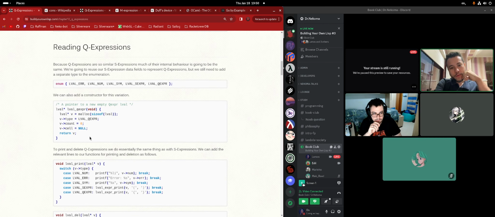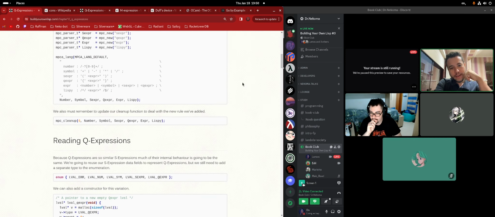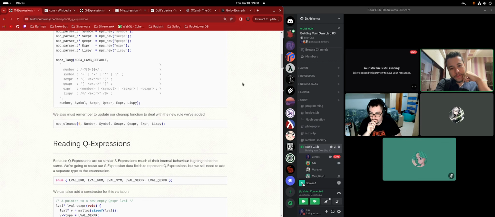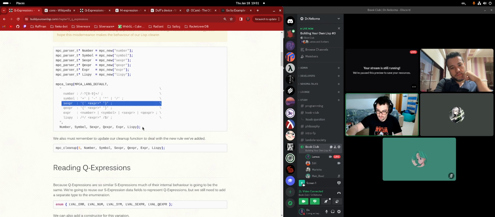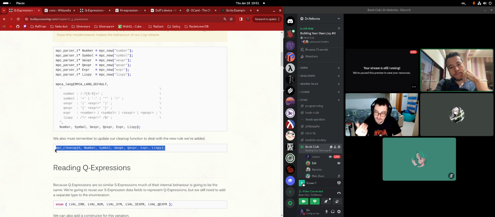Actually, just go up a little bit, because it's not only adding something to this string. You have to do some cleanup here. You have to create something up there. As you mean, transforming the string to the parser? Yeah. But these are implementation details. What really matters is that you need to do all of these four steps. You need to add in here, here, here, and here. You need to do all of those every time, which is kind of annoying to be honest.